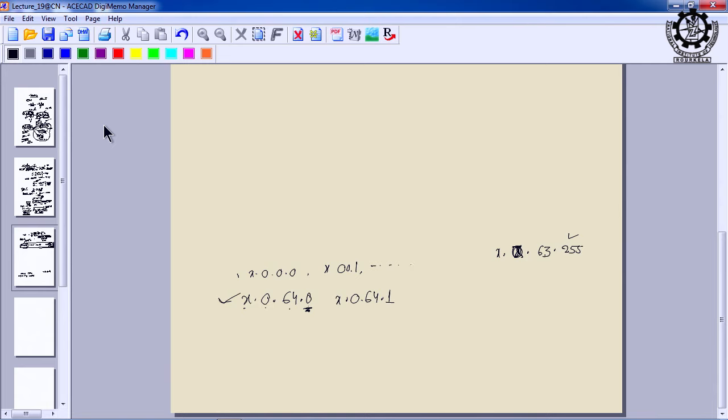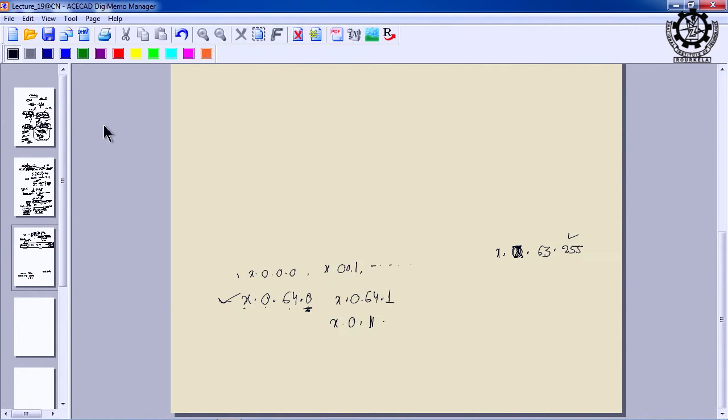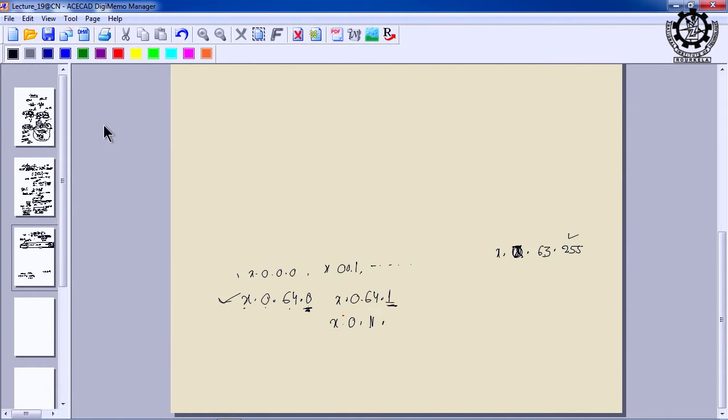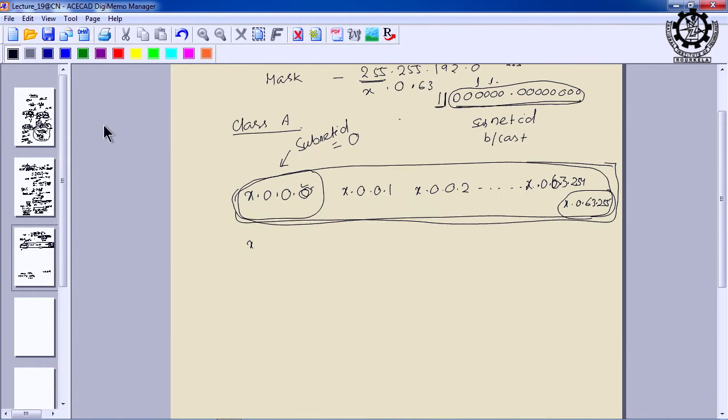It can be. The reason is that x is there, forget the 0, but in 64 there is a 1, which means the subnet ID is not all zeros, not all ones. And the host ID has at least one 1. So not all ones, not all zeros. That means your valid IP addresses start at this point, after x.0.64.0, and then x.0.64.1. Here comes your valid IP address,